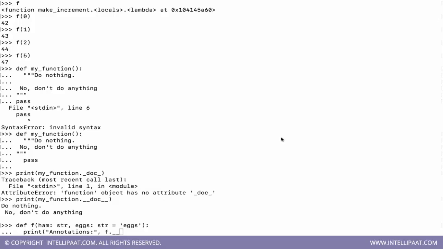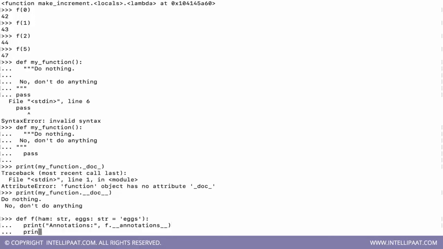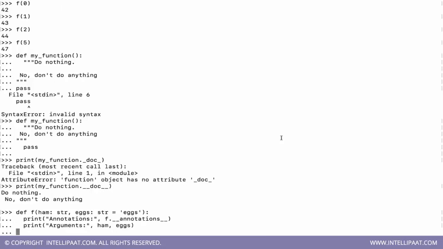Here I'm printing annotations, calling that annotation method. Then I'm printing the arguments which I want. Then I'm returning the argument plus